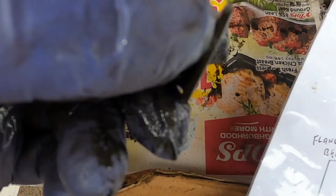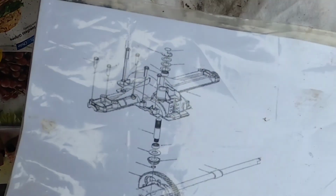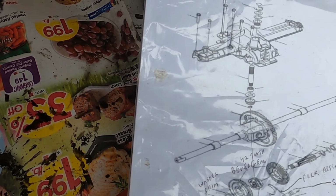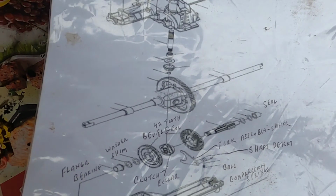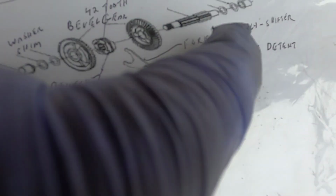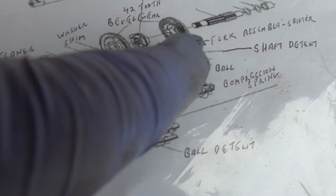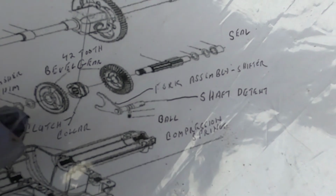And what else do we have here? We have the flange bearing. We have the shims. And we have this fork assembly. The ball and the compression spring didn't come out. That's still in. And we have these,